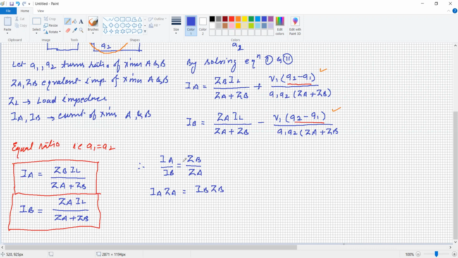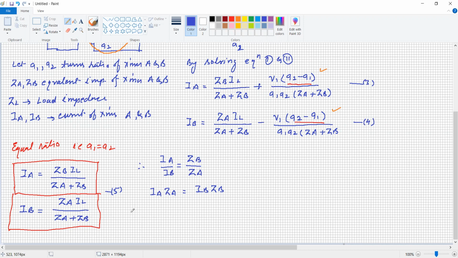These equations are number 1, 2, 3, 4. This equation number is 3, this equation number is 4, and these two give equation number 5. Okay, so multiplying equation number 5 by the common load voltage VL, we get